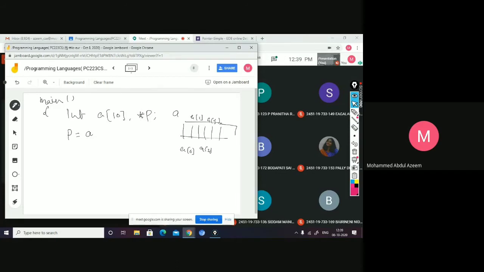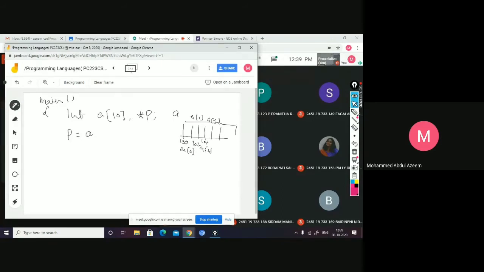Now, the array name holds the base address. Let us say, for example, the first array element address is 100. And here the array is integer kind, so every integer requires 2 bytes. So if the first byte address of the first element is 100, then the next byte address will be 101, obviously. Then the next element address will start from 102, and the subsequent element will start with 104.